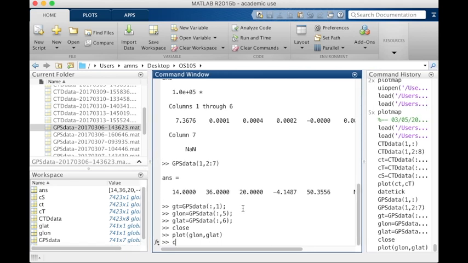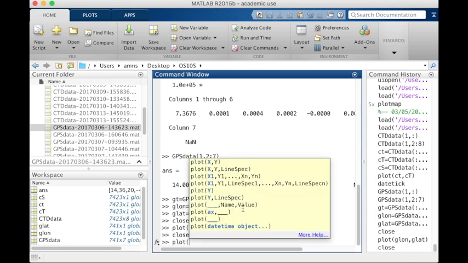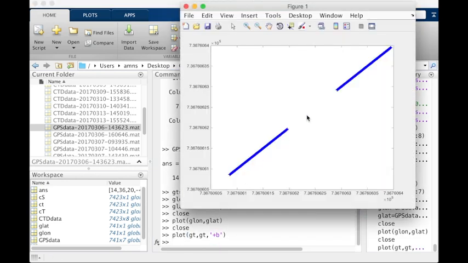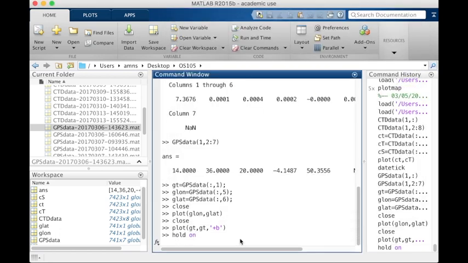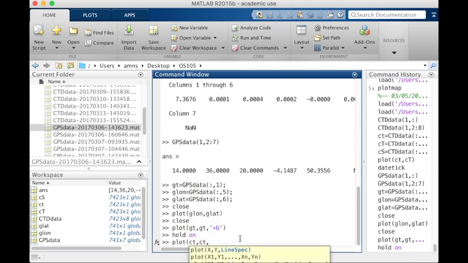If I do a quick plot, I'm going to close the current plot, and then plot the time of the GPS. So I'm going to do plot G time. I'm just going to plot it against itself as an example, and I'm going to make these blue crosses. We should then get a diagonal line which is just showing the time at which each of the GPS readings comes in. If I then hold on and plot the CTD time in the same way against each other, with red circles,